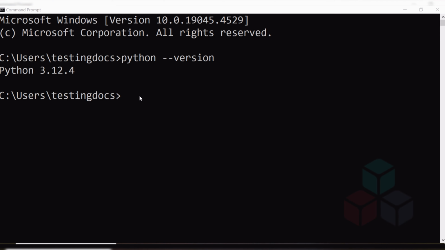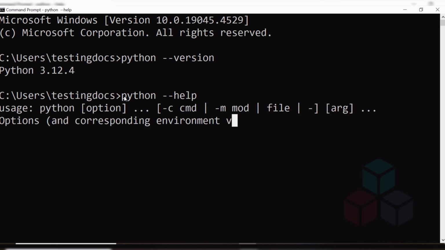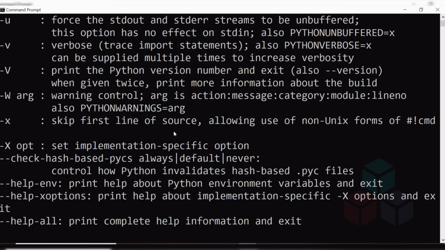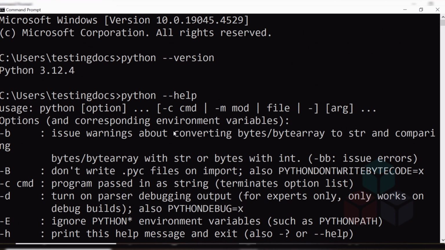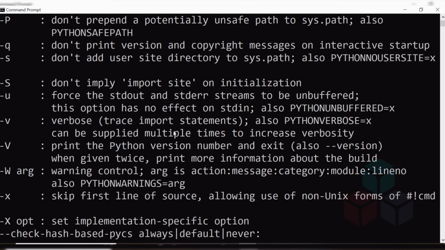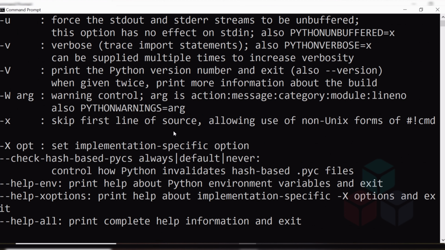To know more about Python, run the Python help command to get all the command line options that you can use with the Python command. That's it. The Python installation was